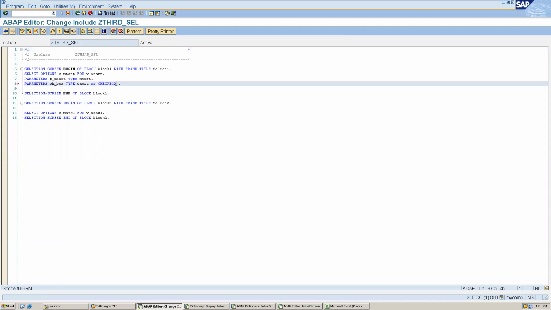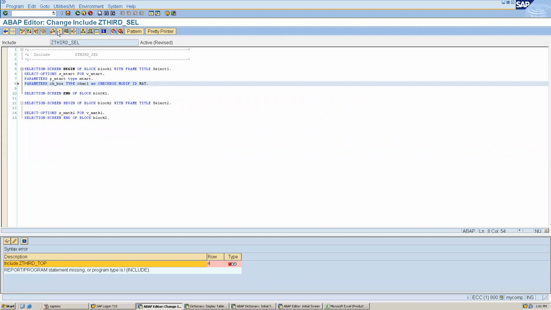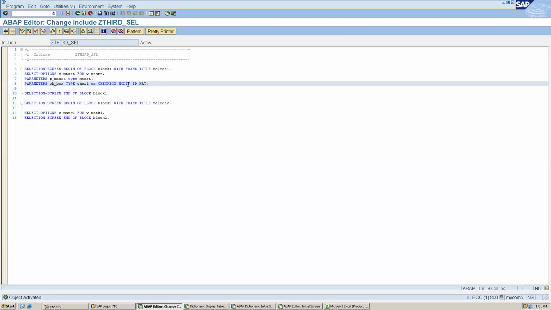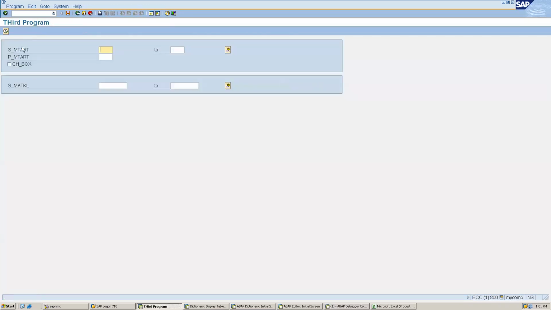So, modif ID, for example, not single quote. Can we give it like this? Okay, I have given this modif ID. We will see what this is. Just let me do it, because I'm doing it in a very long way. Okay, let me do /h. Still it is not giving.